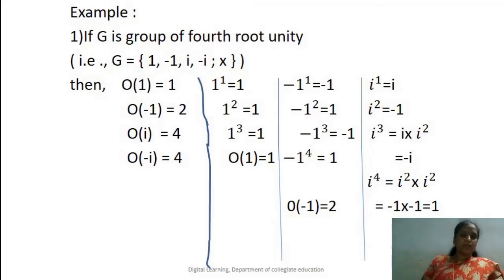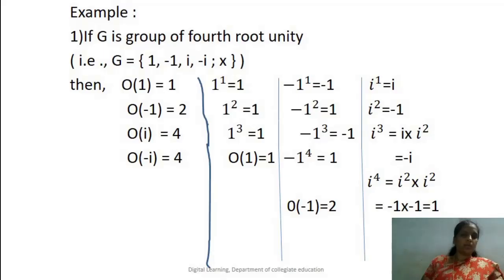This is a very important concept under the cyclic group. Firstly, what are the elements we have taken in the group? We have to consider them one by one. Let us take the 1 here. So the first element is 1, 1 to the power 1. In a cyclic group, it has to be in the power form, a power n form.